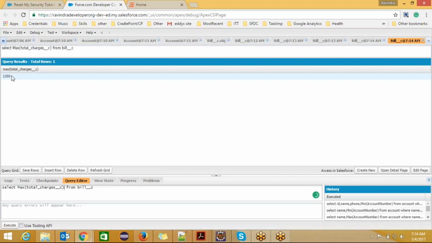There are so many bill records, but the maximum amount of total charge is 1200. If you want to get the minimum, you can use min,